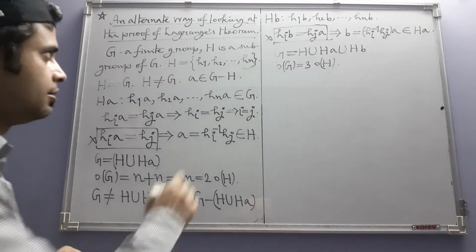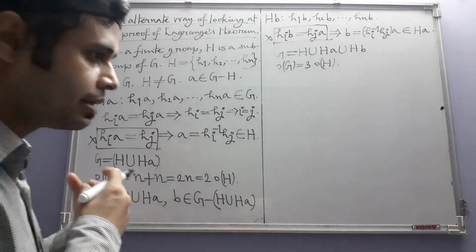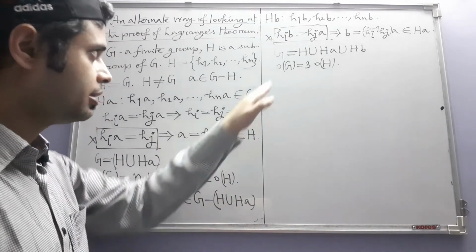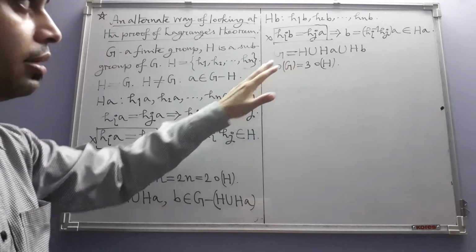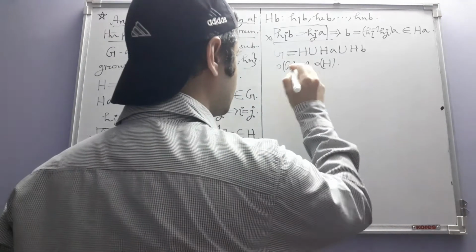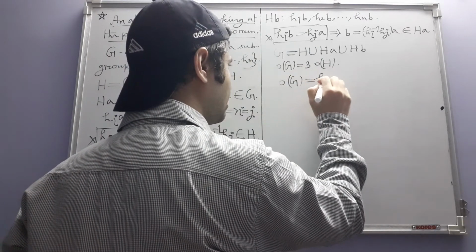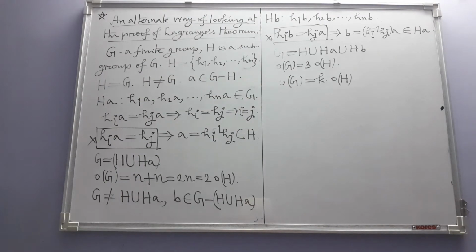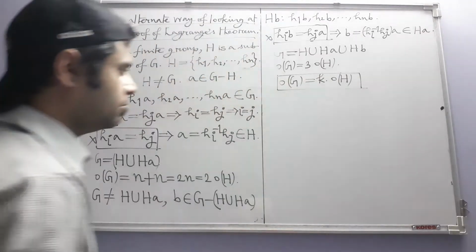But the point is that since G is finite, all these new elements will ultimately exhaust G. But if we ever get a new element which is not in the lists that we have created, then that new element will create n more new elements. So by the time you finish the process, you will always have a multiple of the order of h elements. So that's why, and that's how Lagrange's theorem is true.